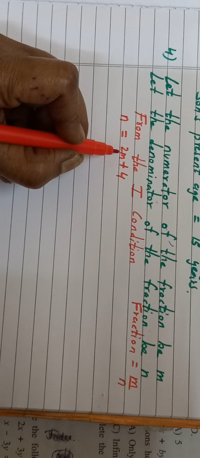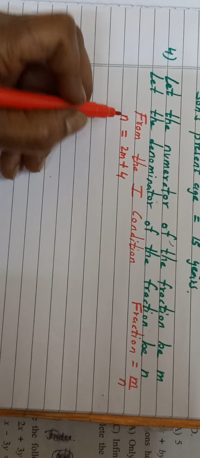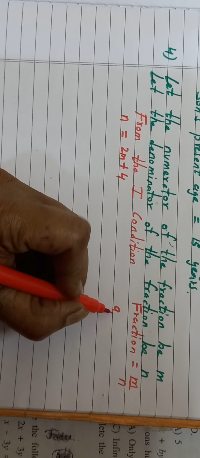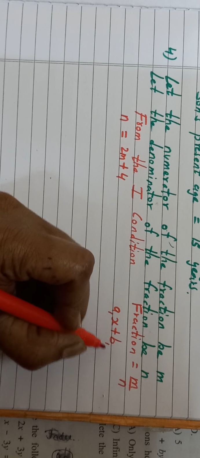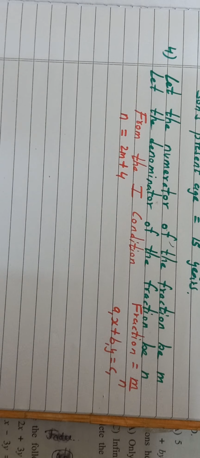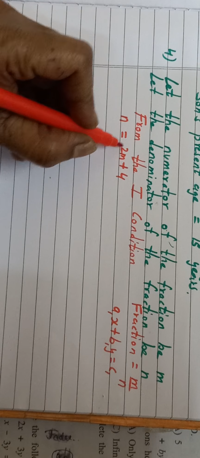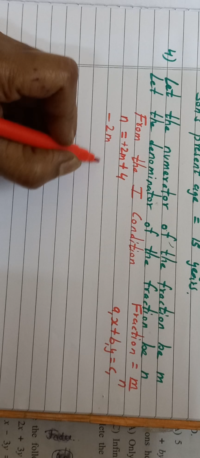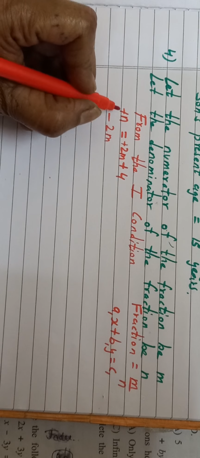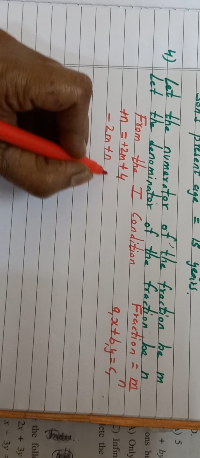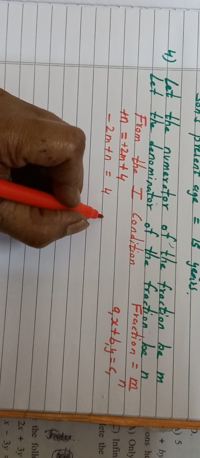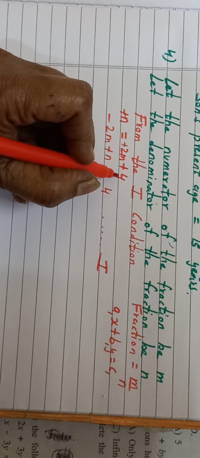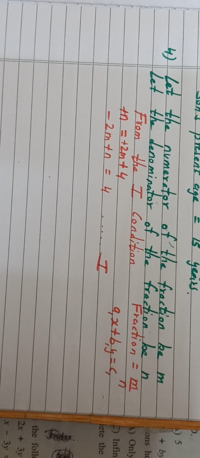Now this is over. Now this m variable we have to take it to LHS because we want linear equations in two variables. When you are solving, we want it in the form of a1x plus b1y is equal to c1. Okay. So you will get here no sign means plus. So plus 2m, take it to LHS, it will become minus 2m. Here no sign means plus. So you will get plus n is equal to 4. So this is our first equation. Now constant 4 you keep it to RHS only. No need to change that.